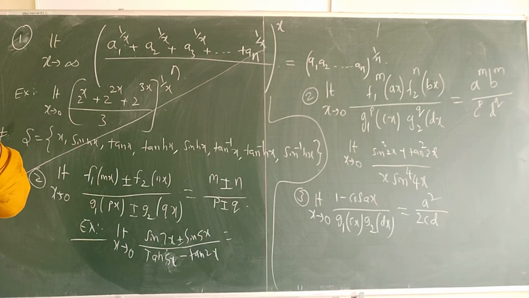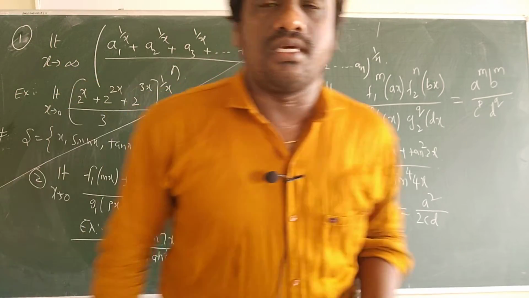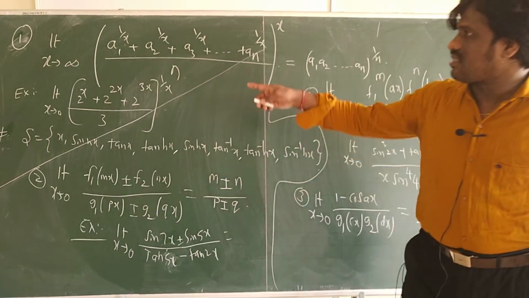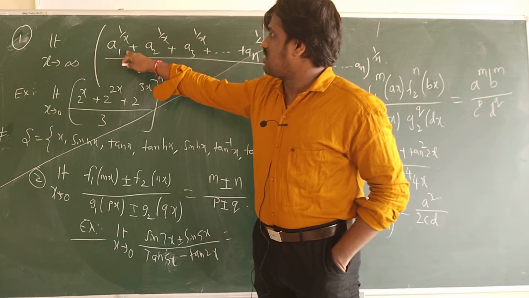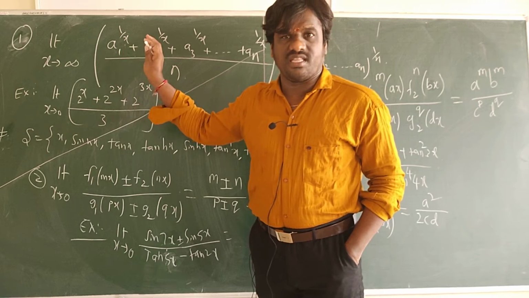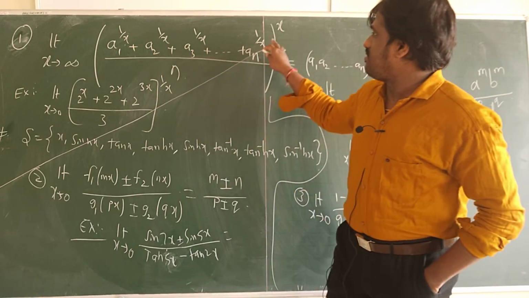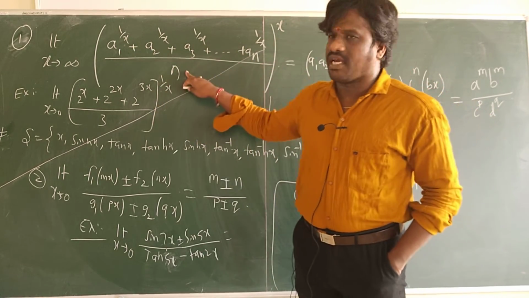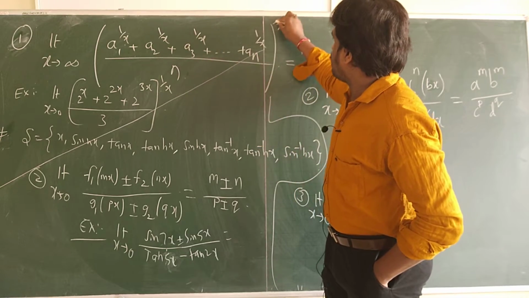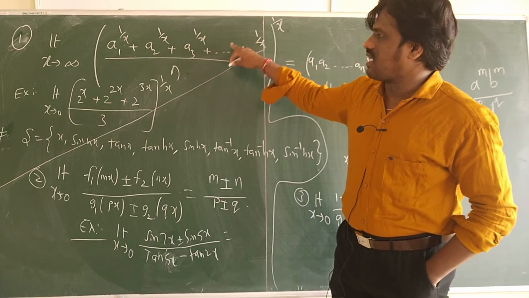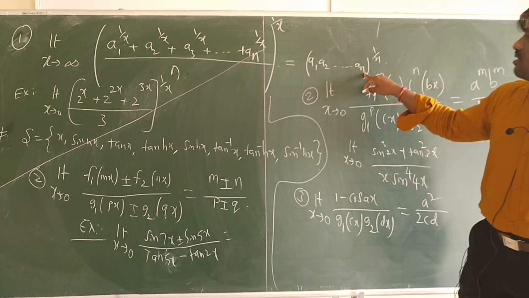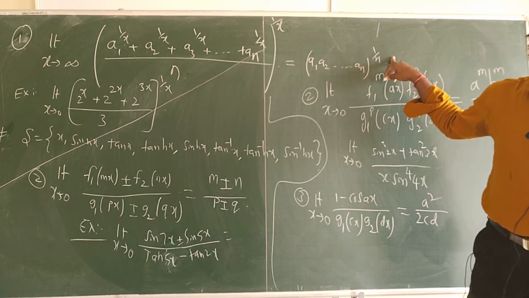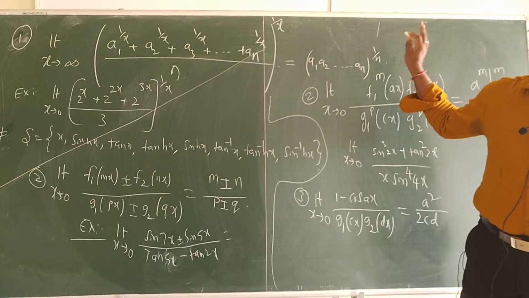The formulas. Okay, first we'll discuss that. Whenever the question is a limit extending to infinity, with any function like this, with powers, 3 power, anything, any powers, whole power x, and n you have 1 by x. Whenever you have such kind of form, the answer will be a1 into a2 into so on up to an, to the power of 1 by n. This is a shortcut technique.